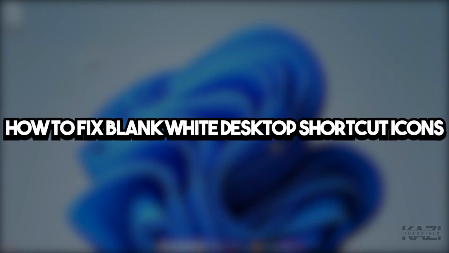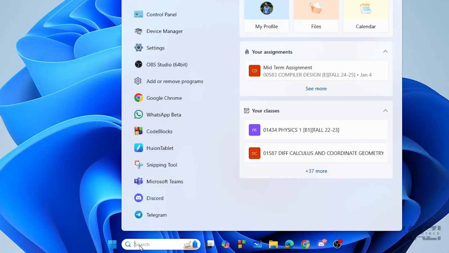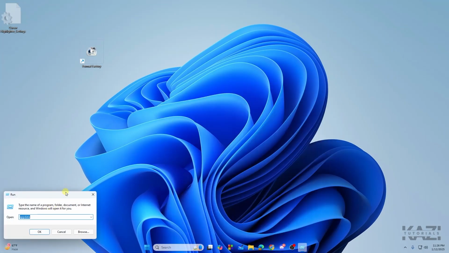Alright guys, so here's how to fix blank white desktop shortcut icons in Windows. So let's get started. First of all, you're going to simply go to the search bar and search for Run. Alright, just open it up, and then from here you need to search AppData like that,